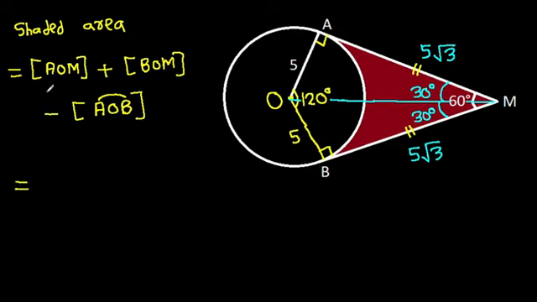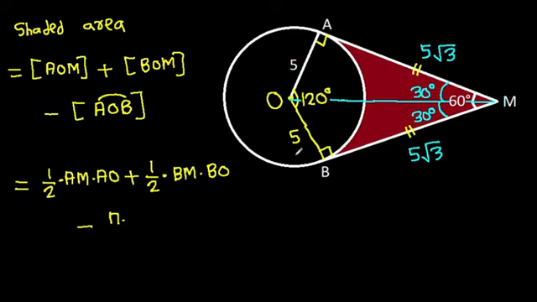Area of AOM will be 1 over 2 times base AM and height AO, plus area of BOM will be 1 over 2 times base BM and height BO, minus area of sector AOB, it will be pi times radius 5 squared times angle 120 degrees over 360 degrees,